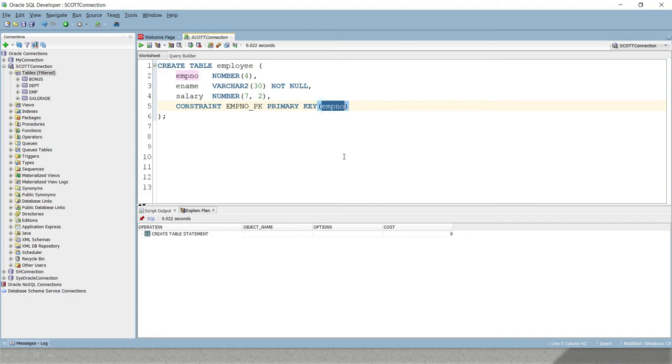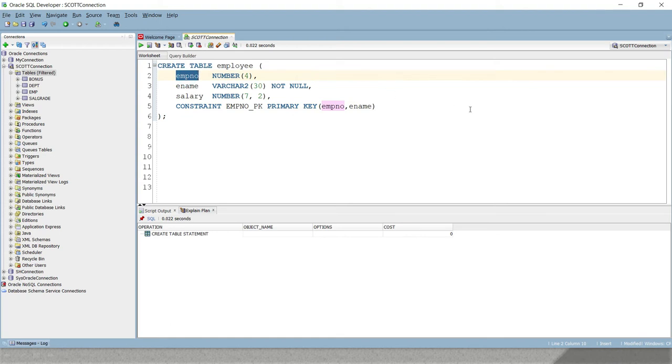If you supply a single column, you are going to create a simple primary key. If you supply multiple columns, then that is a composite primary key, right? That is also valid. Sometimes the business requirement says that based on a single column you cannot uniquely identify the record.